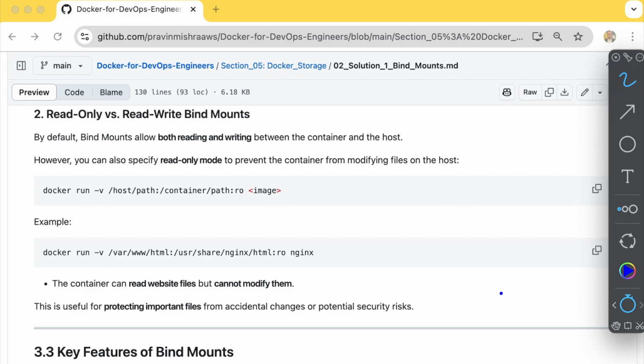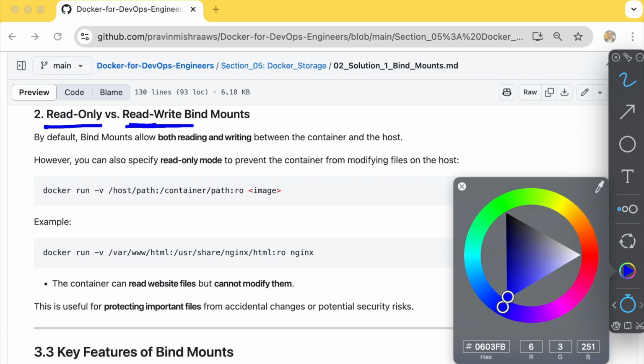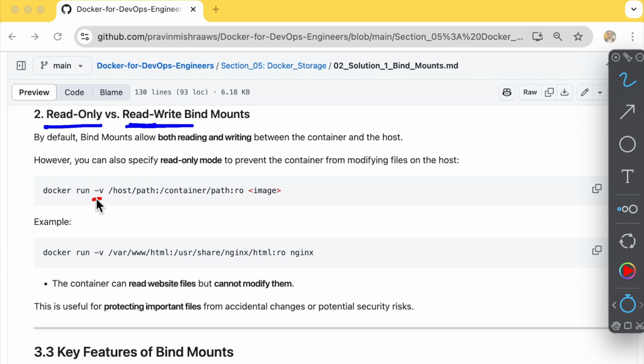So we have two modes. One is read-only, another is read-write mode. By default, as you have seen in the previous example, when we pass the volume, then host path and container path, it gets both read and write access between the container and the host. But if for some reason you just want read-only access, then we need to pass this read-only additional